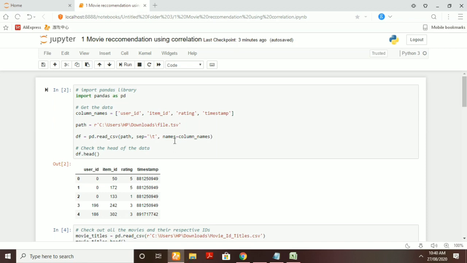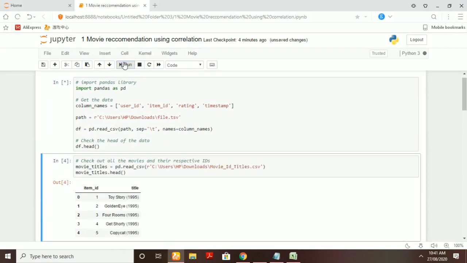Here I am using the pandas package so that I can import the CSV file. In the first data set, I have user ID, item ID, rating and timestamp. Here I have provided the path where I have stored my file which contains these four fields. So I have used the pandas library: df = pd.read_csv, this is the path, and the separator, that is, which type of file it is. This is a tab separated file. Since it is a text file, it is tab separated, and I am printing the values.